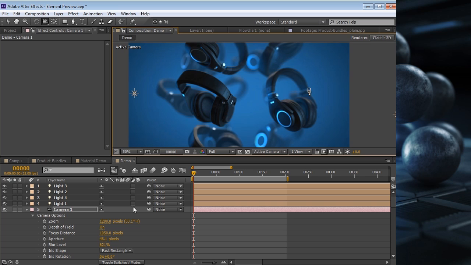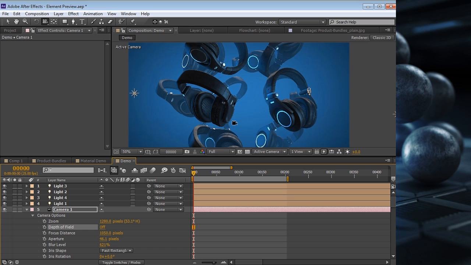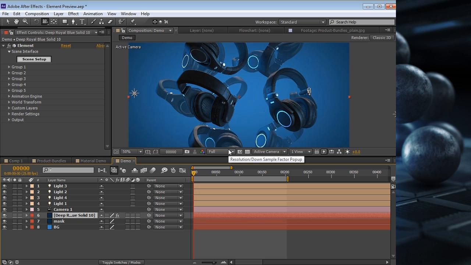But in most cases, when you don't have depth of field on, things are going to be pretty snappy. So depth of field and motion blur are the 2 things that can really add to your render time. But the cool thing about that is you can turn those on at the end. All right, so this is the basic idea of how the plugin works, but let's just dig a little bit